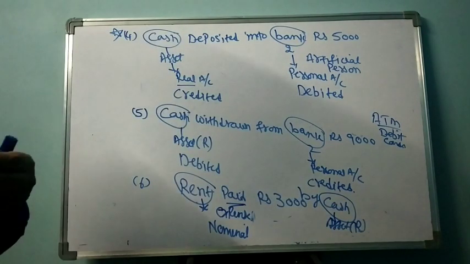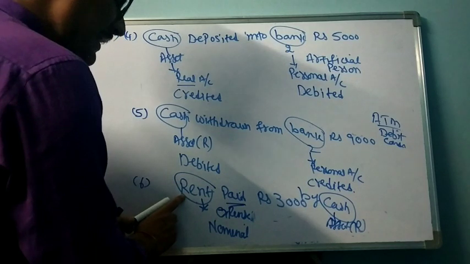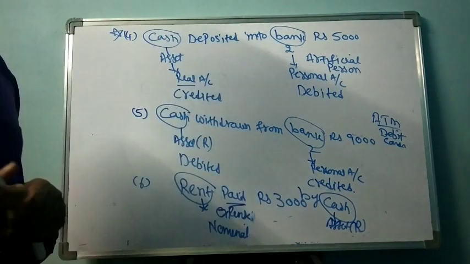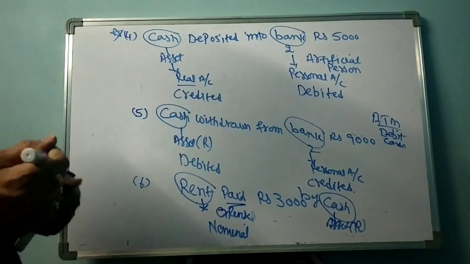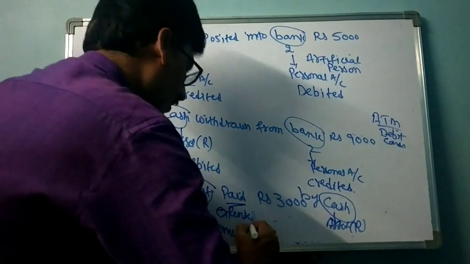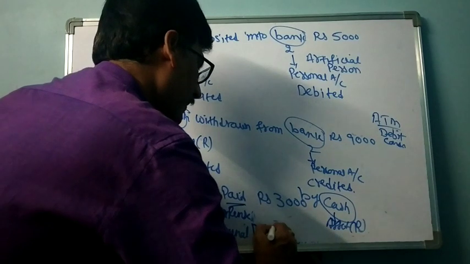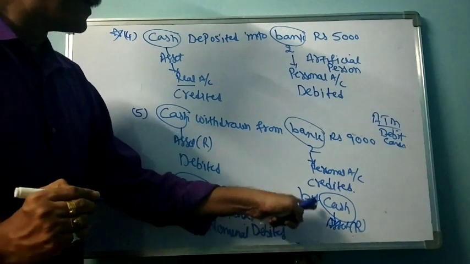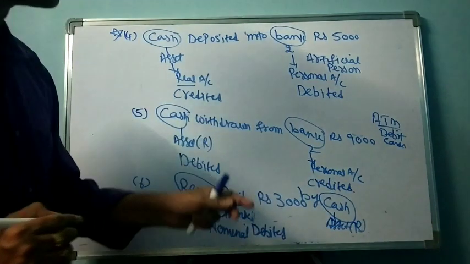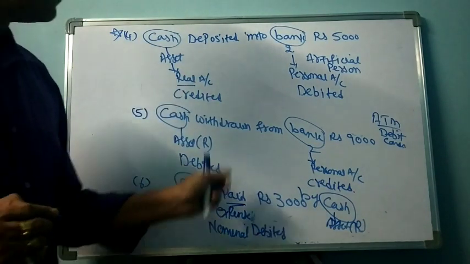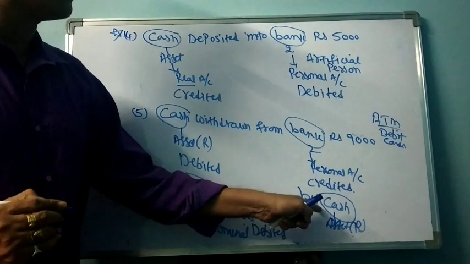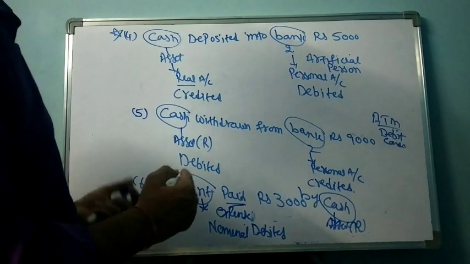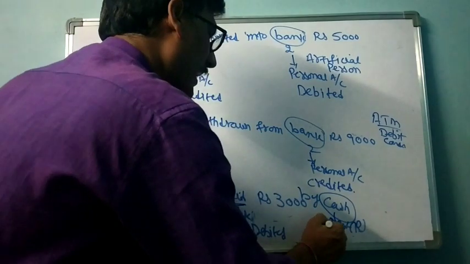Now apply the rules of accounts. Now I am paying rent by cash. Rent is an expenditure. As per nominal account, all expenses should be debited. So rent should be debited. Now cash is an asset. When you are making any payment, whether it is rent, commission or whatever it may be, cash will go out of the business. We are making payment. So debit what comes in, credit what goes out. So cash should be credited.